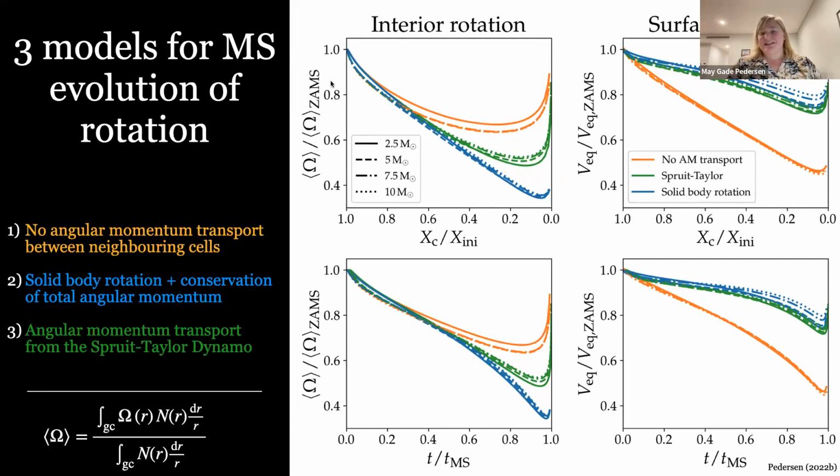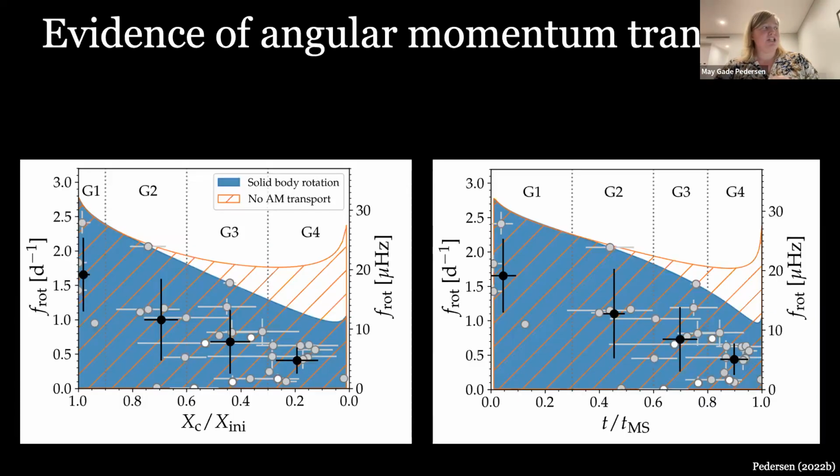What you can see here is that all 3 scenarios predict that the rotation of the star should be decreasing with age. But what we can look at is the kind of regions in the rotation versus age diagram that each one of those would predict for the 2 extreme scenarios. So for the next one, I'll just consider the case of solid body rotation and no angular momentum transport, and do a simplification, just doing a scaling to see what kind of regions those 2 scenarios would span in this rotation versus age diagram.